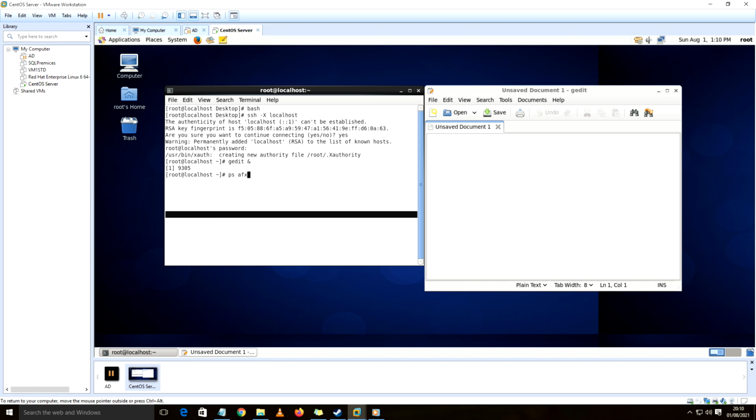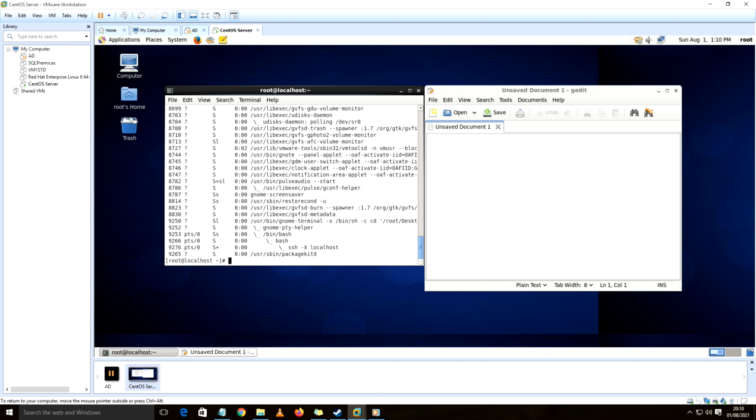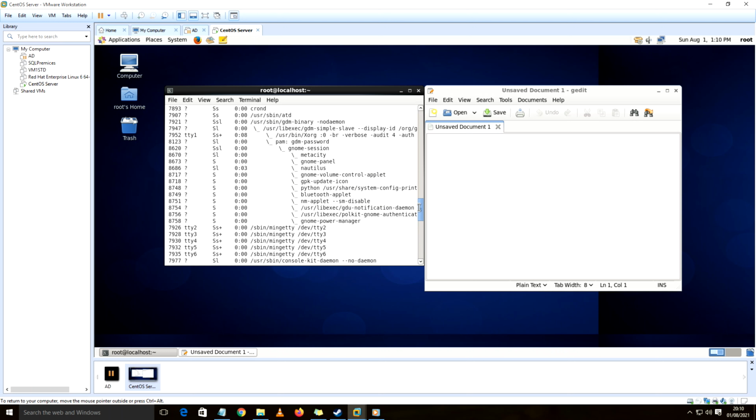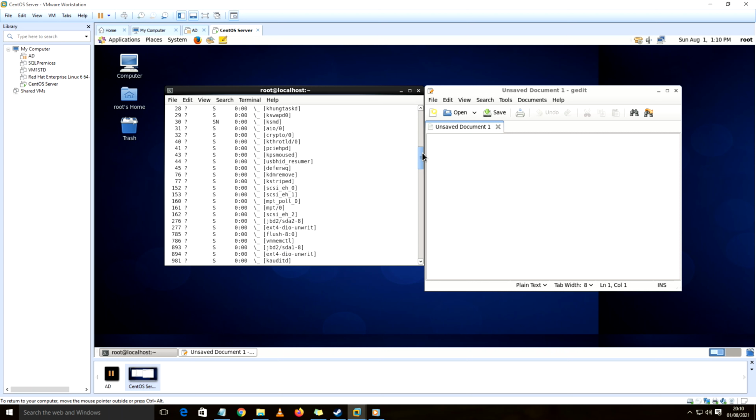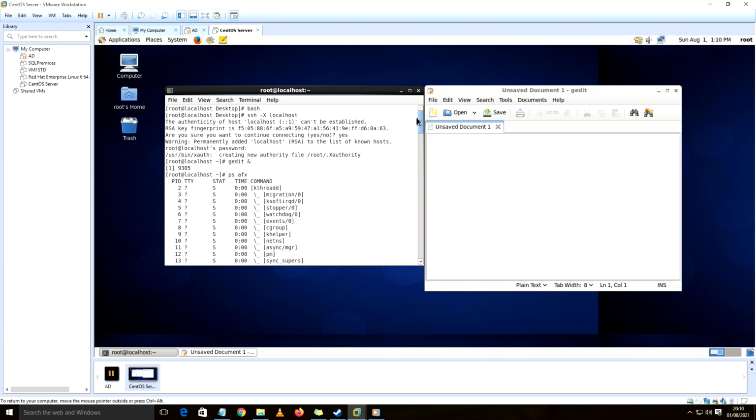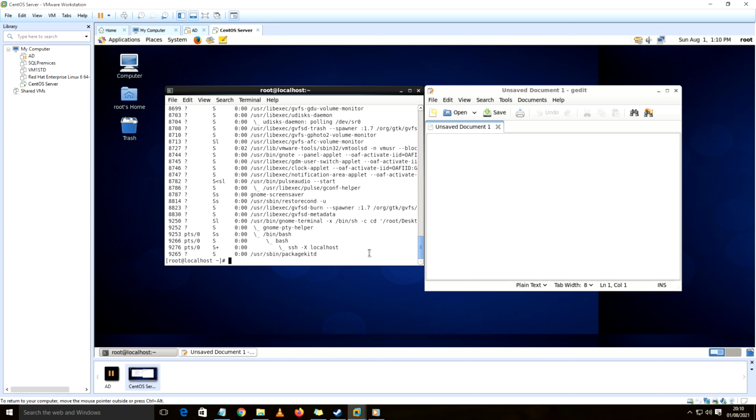Now I'm going to use the command ps. PS stands for process status, and I'm going to write ps -axf. What this axf is going to give me is all the information in a parent-child relationship. What do I mean by parent-child relationship? You can see that a particular process consists of so many child processes, so it will be shown in the parent-child relationship over here. So I can get all the information about the processes if I write ps axf. The f is going to show me the parent-child relationship.